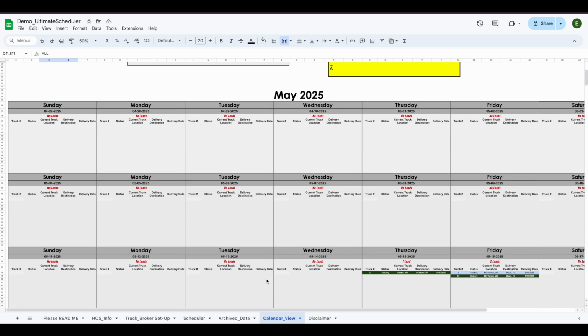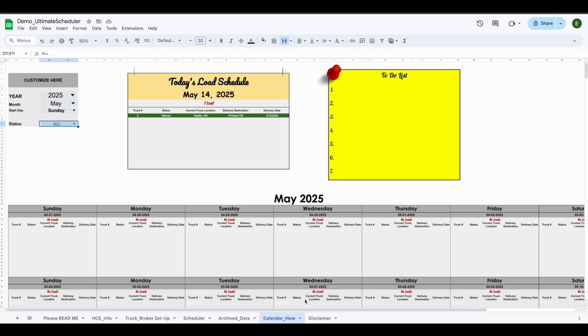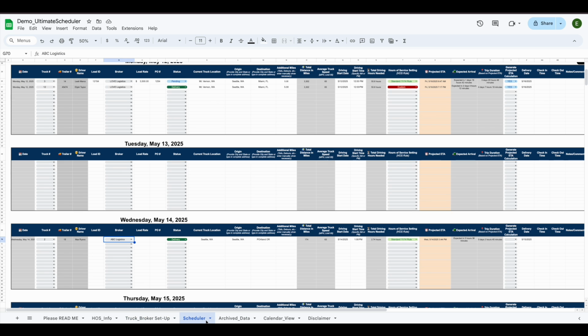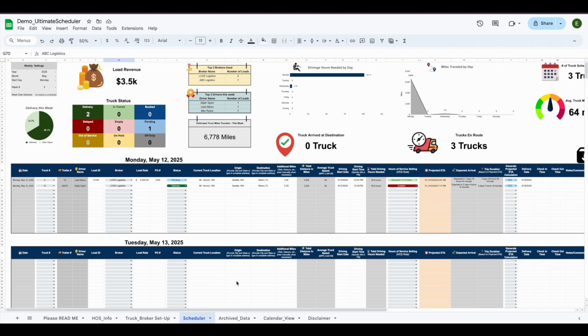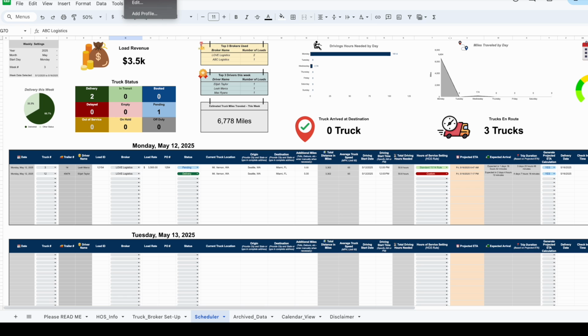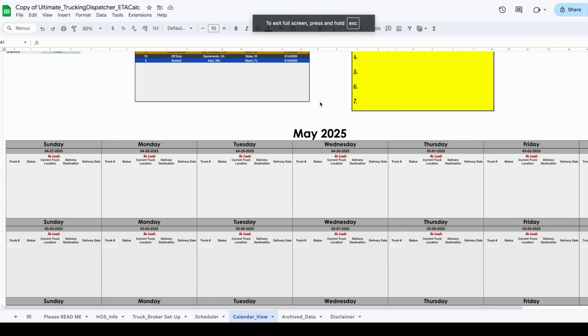All right, and then let me see. I think that's all I want to show you for this calendar and how it works in the workflow. So let me show you how it looks when everything is filled out. So here is the